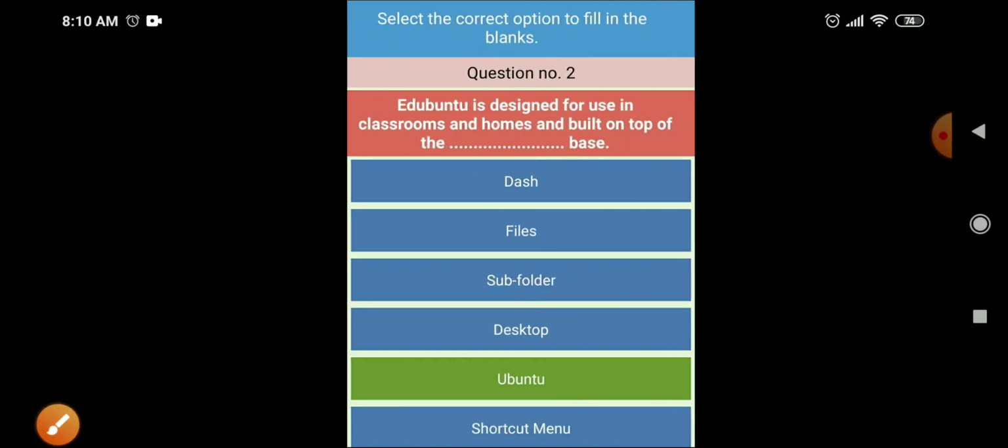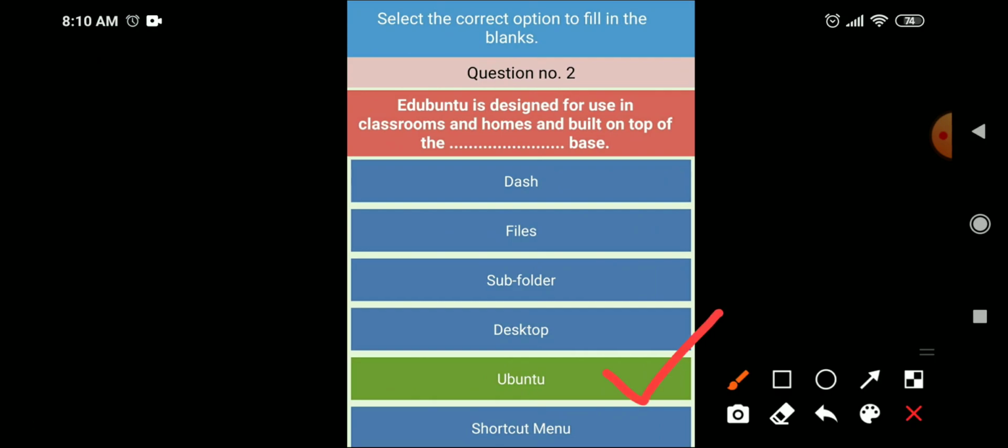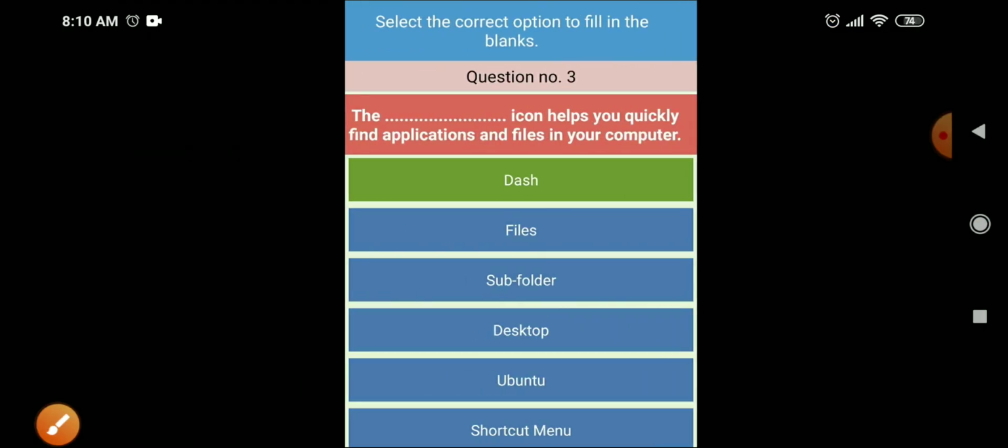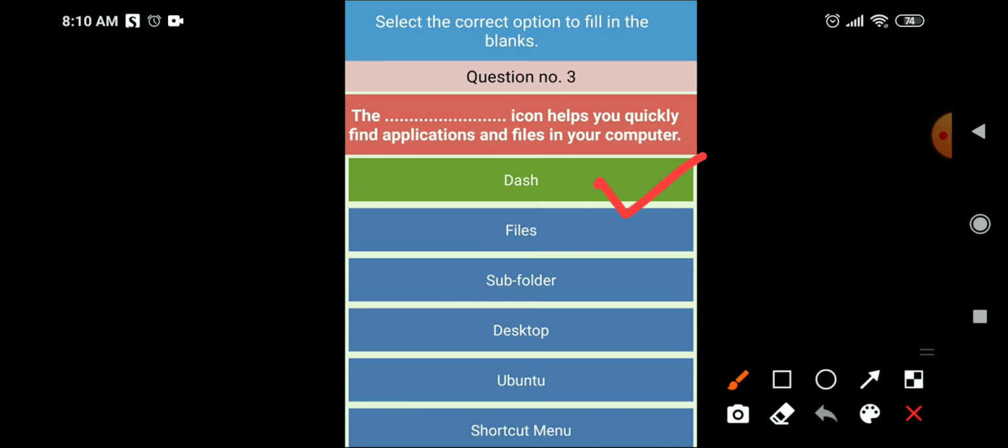Next, Ubuntu is designed for use in classrooms and homes and is built on top of the Ubuntu base. Next, the dash icon helps you quickly find applications and files in your computer.